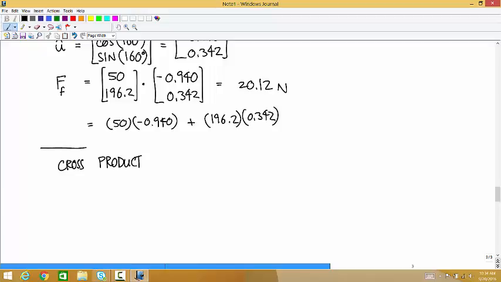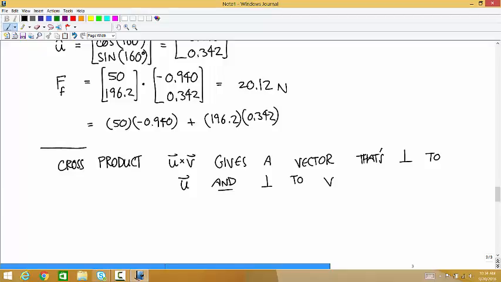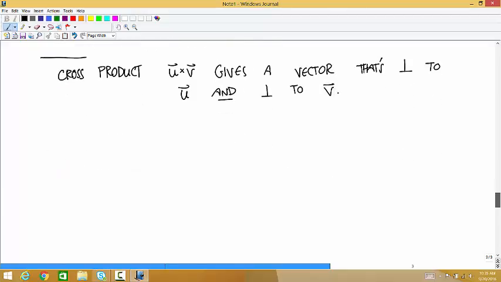Okay, so the cross product, U cross V, gives a vector that's perpendicular to U and perpendicular to V. That's one of the most useful things about the cross product. And the way it works intuitively is